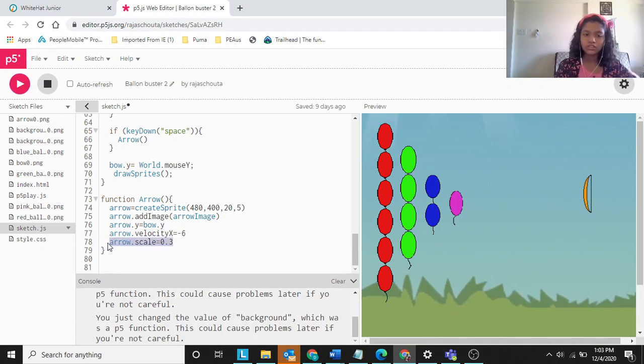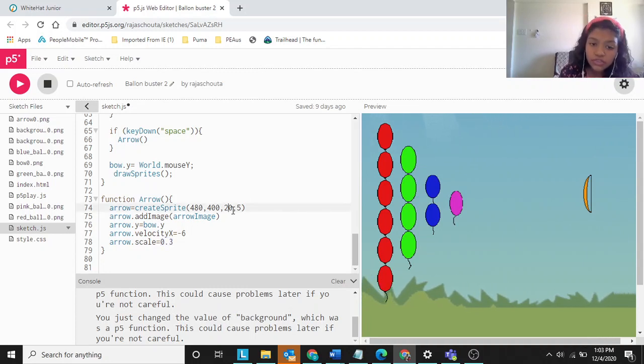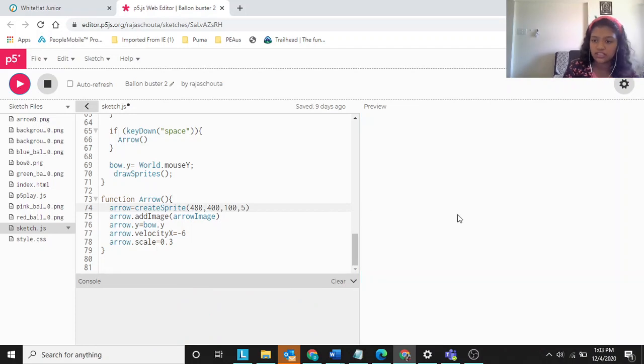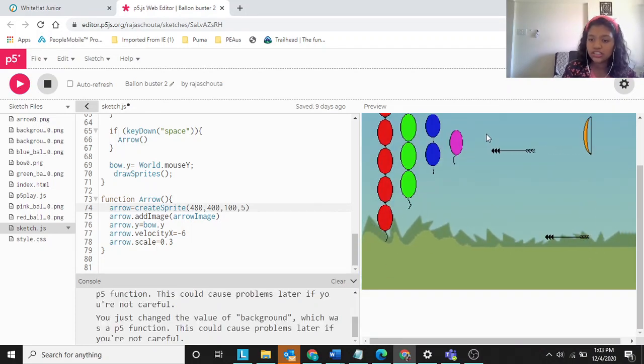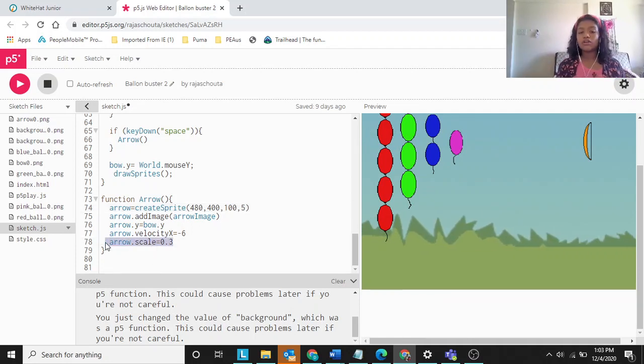arrow.scale equals 0.3. So now we are scaling it. If you keep 100 also, it doesn't make a difference in the animation. It's the same thing. So to shrink it or make it big, whatever you wish for, you have to have arrow.scale equals whatever.